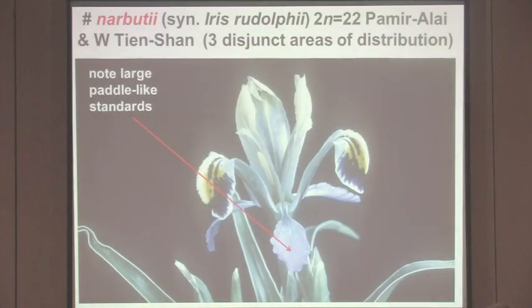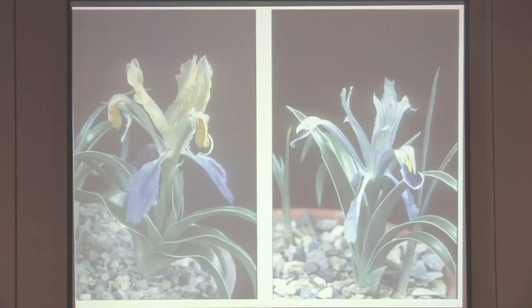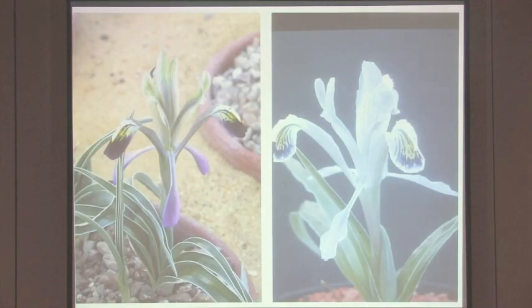And then the Narbutii group, I mentioned Iris narbutii as being one of the parents of Iris worliensis, the natural hybrids. And Narbutii, including Iris rudolphii, is from the Pamir-Alai and the western Tian Shan. So, like Iris linifolia, 3 distinct areas of distribution. One of the main characters of Narbutii are these huge paddle-like standards, which are usually very colorful as well, although in albino forms the color is not pronounced, as you can see on the right here, but a beautiful little